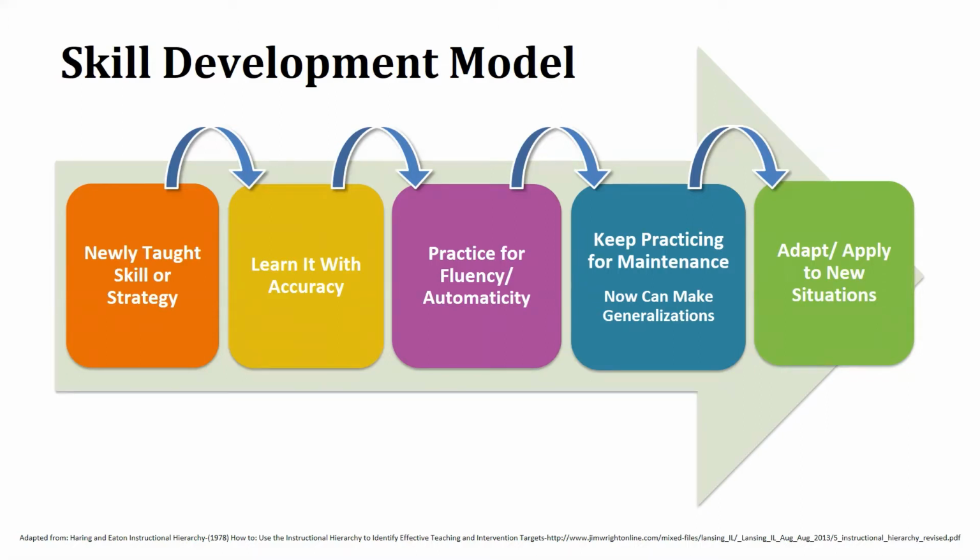The amount of practice and repetitions a student has will determine how quickly they become fluent or automatic. So it is important to provide frequent opportunities for practice. So we continue to provide lots of opportunities to practice the skill or strategy, and the evidence that students are fluent is that they can perform the skill automatically without hesitation.